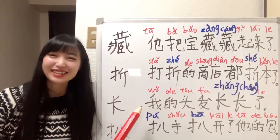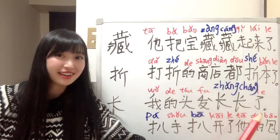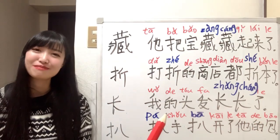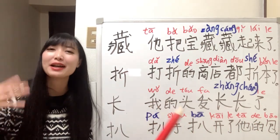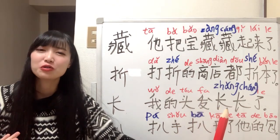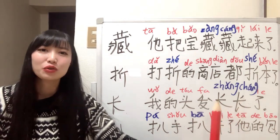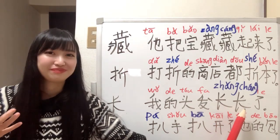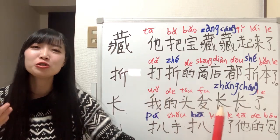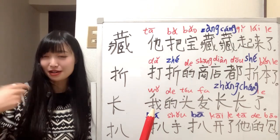Okay, let's read the sentence first. 我的头发长长了。What does it mean? 我的头发 means my hair. 长 as a verb, it means to grow. So grow, 长 as an adjective means long. So grow longer. And it's the past tense. So you can say my hair grew longer. Okay, 我的头发长长了。